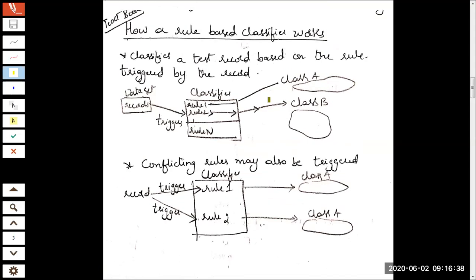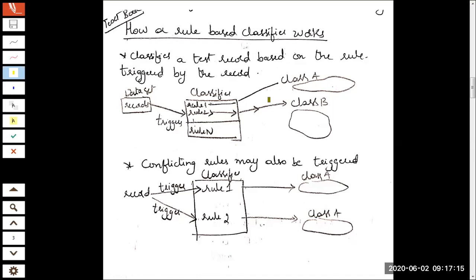Okay. We had started with the rule-based classifier from the previous session. So, we understood what is a rule-based classifier. Prior to that, what is a classifier basically? A classifier, as the name itself indicates, takes the input, which is records or data objects, and decides to which class it should go and sit, whether it's class A, class B, class C, class D. So that was a classifier. Once again I'm repeating, a classifier is a method or a model which will decide to which class the input data object should go and sit.